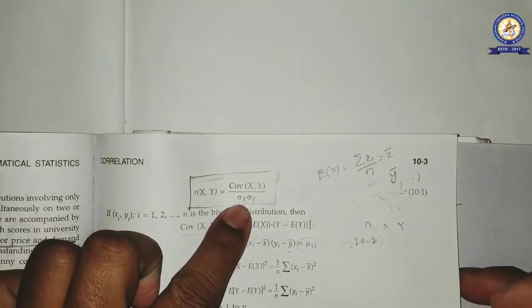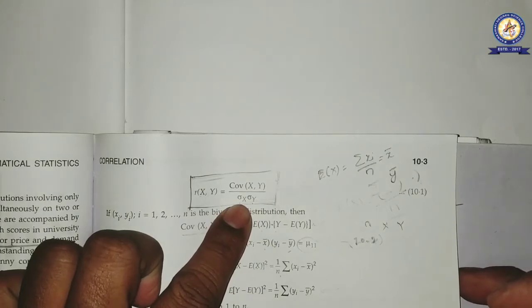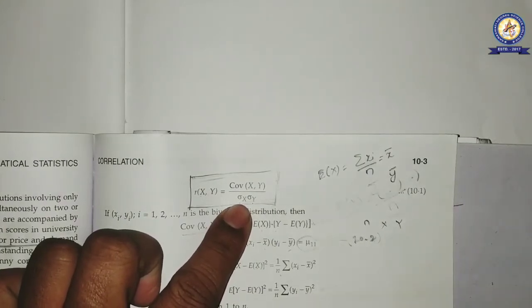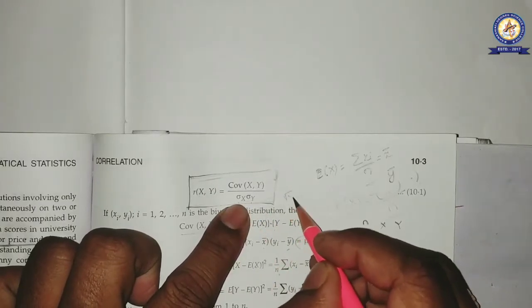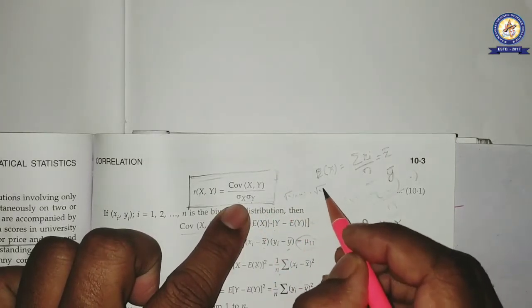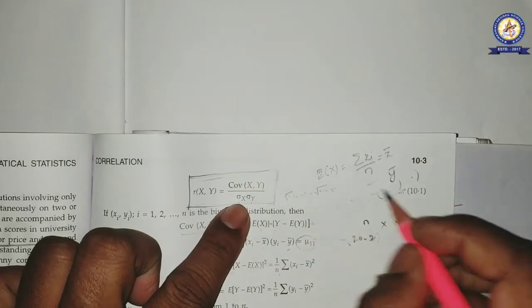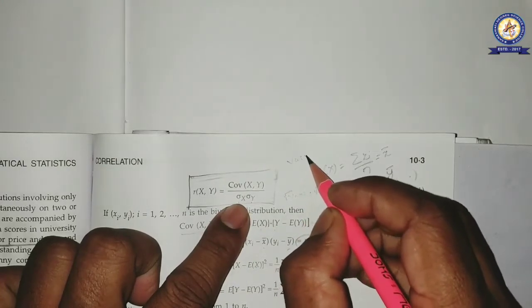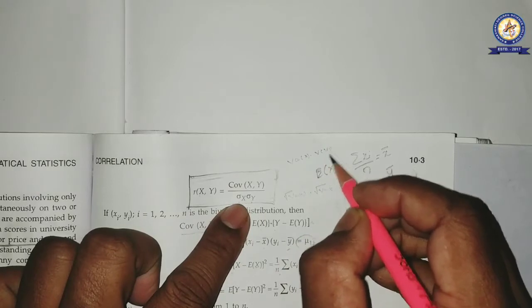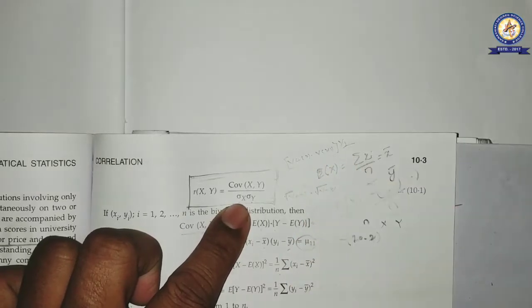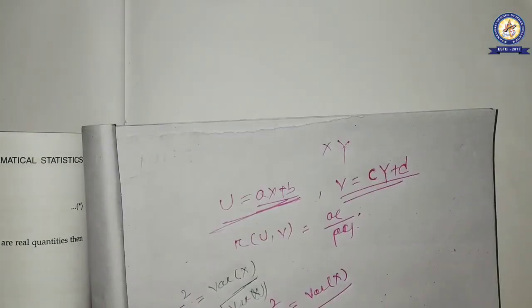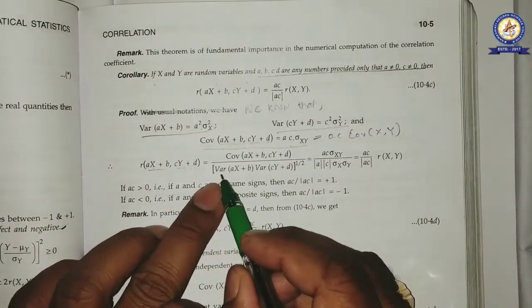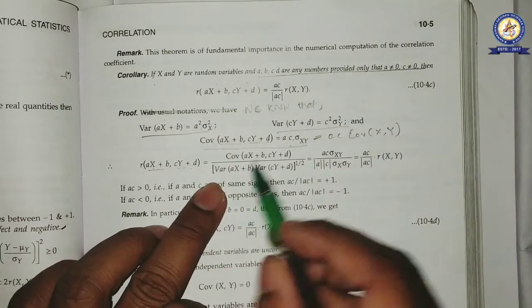So the standard deviation can be written as the root of the variance of x into the root of the variance of y, or we can write the variance of x into the variance of y, whole root. The same thing we have done here, that this is the variance of ax plus b, root,